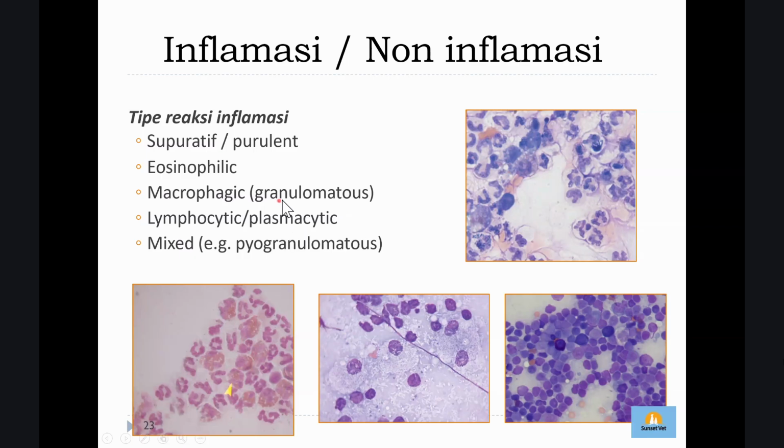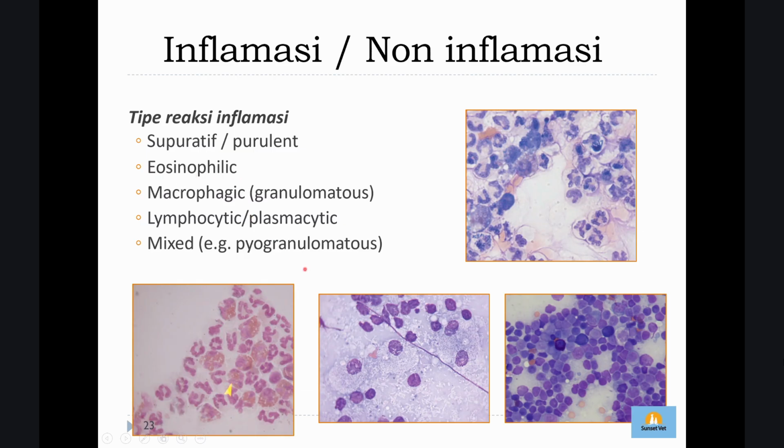But how about if it's granulomatous? With granulomatous, usually you're gonna see macrophages. There are still neutrophils, but there will be more macrophages there. And if it's mixed pyogranulomatous, it means you're gonna see like 70% neutrophils, but for the rest you're gonna see a few macrophages. Lymphocytic, it means you have to find the lymphocytes,